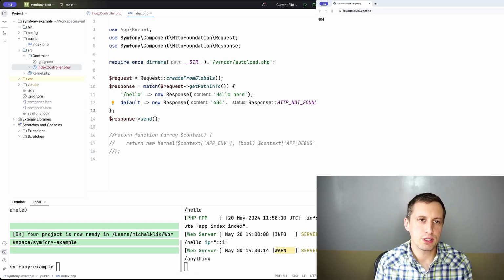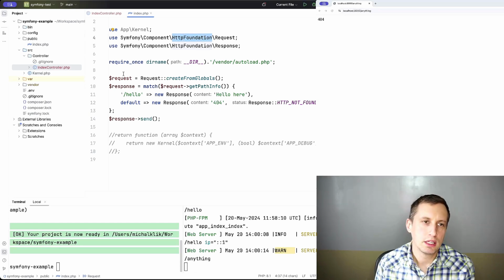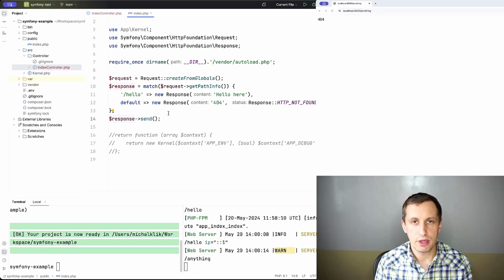However, in this case, you only just need HTTP Foundation component to be able to populate the request object, and we use that. We extract some information about the request, and we return the response, which we then render to the user. Very simple application, but I hope you can